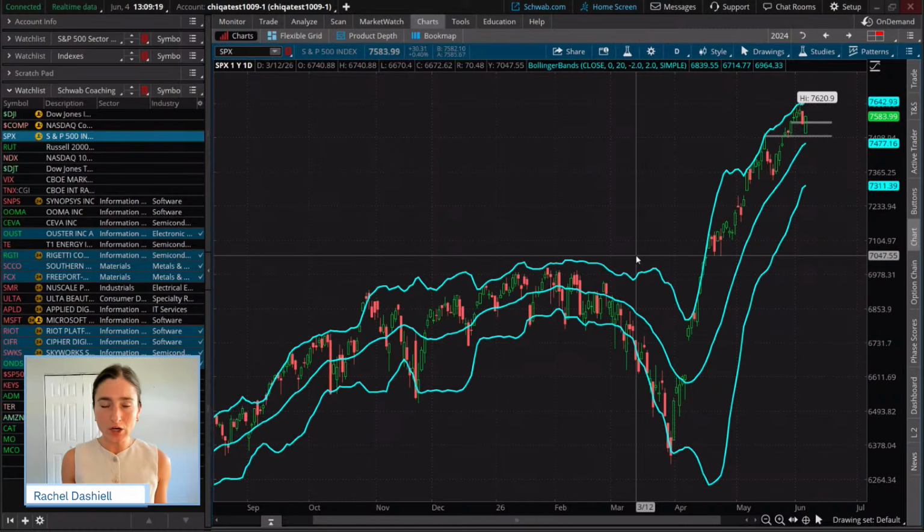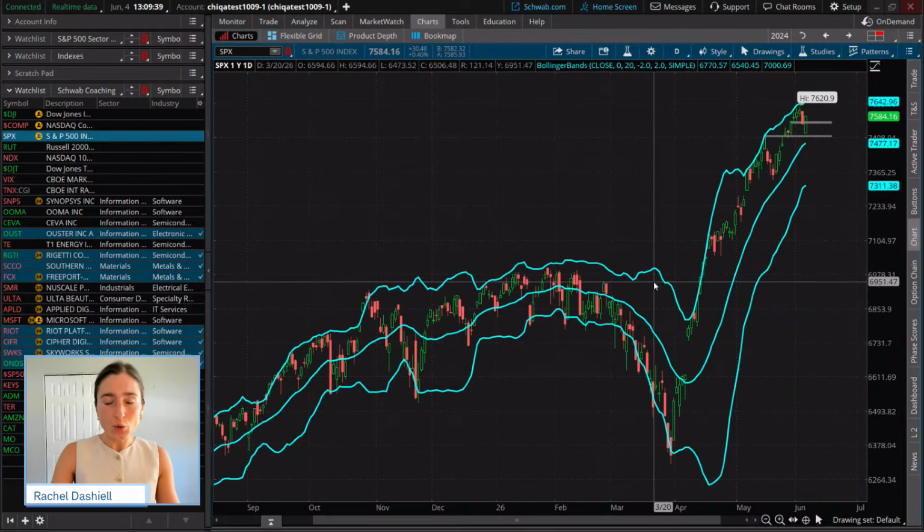So I gave you a couple examples of how to use the Bollinger Bands from a mean reversion standpoint, but we're all here in a trend trading class. So I want to make sure we focus our discussion on trading the trend, because there are a few different ways to do that with the Bollinger Bands. And one of the major ways is the breakout trading strategy, or the trend trading strategy, with the Bollinger Bands. And I'm going to show you exactly what that is.